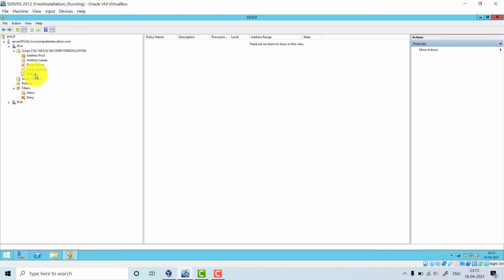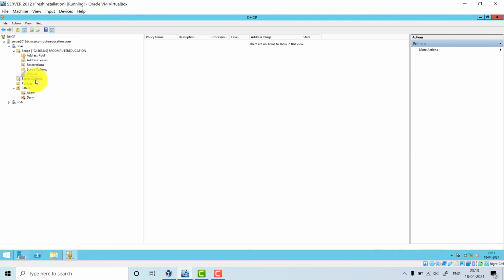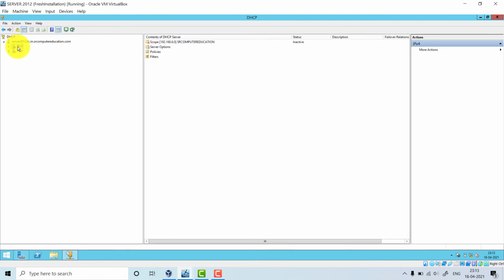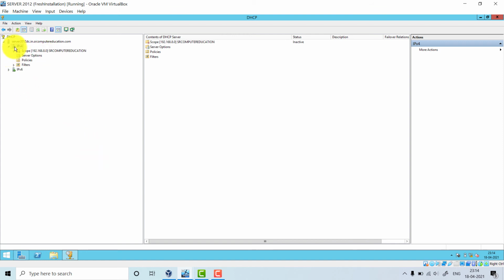Policies, we have not defined any policy. You can define a policy if you want. Fine. Server options and all that. Okay. So let us do our main task. See here, it is showing the question mark here. Okay. When we activate the scope, it will be a green mark here.